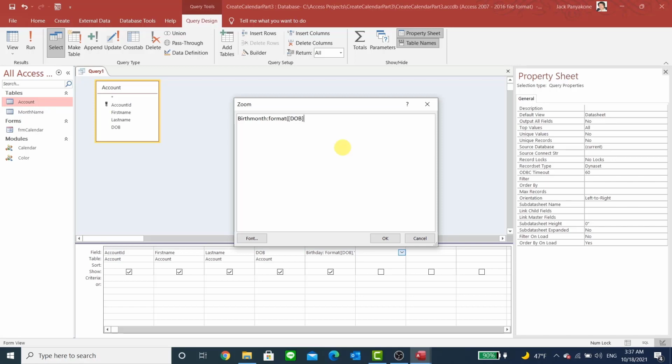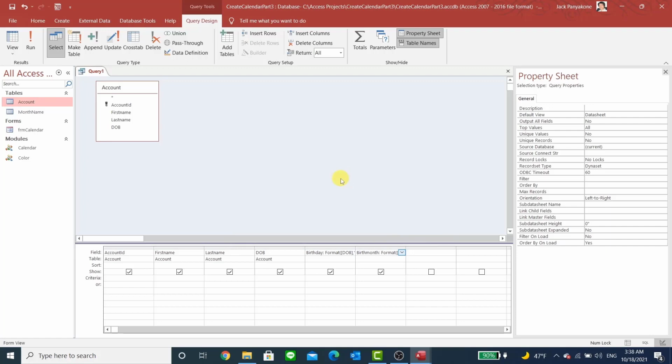Go to the end there. And here again, we want 2 digits of month, like 01, 02. So that's 2 digits. Okay. And now we can Control S and let's call this